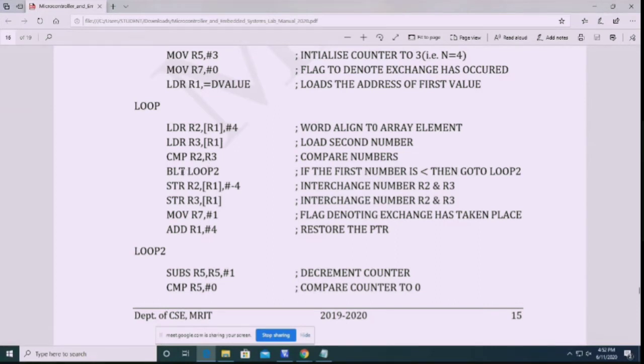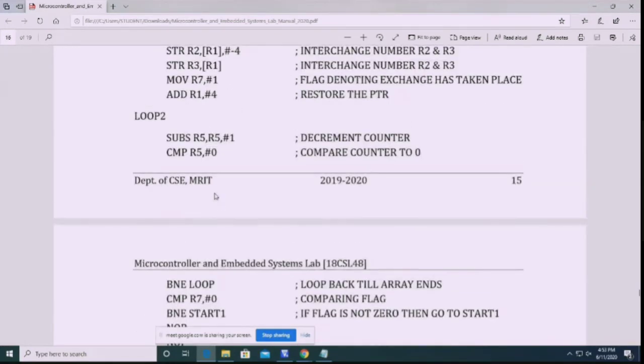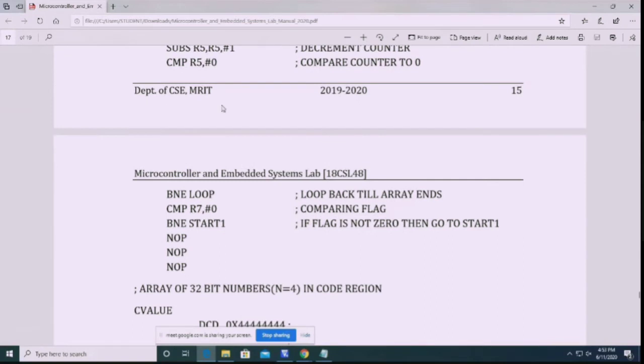Next, if this is a lower number... this program is actually to find the smallest number. So we'll write the smallest number program and we'll compare within the smallest number itself. We'll compare for however many times we need to. Next, if all the comparisons have been done, we'll use this flag to check if it is 1 or 0. If it is 1, we'll go back. If it is 0, we'll stop the program. So this is the logic.